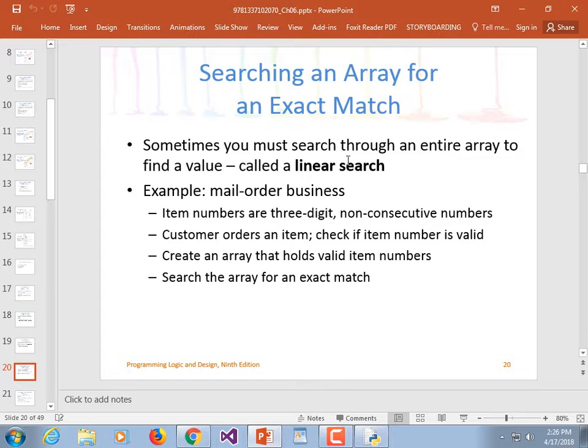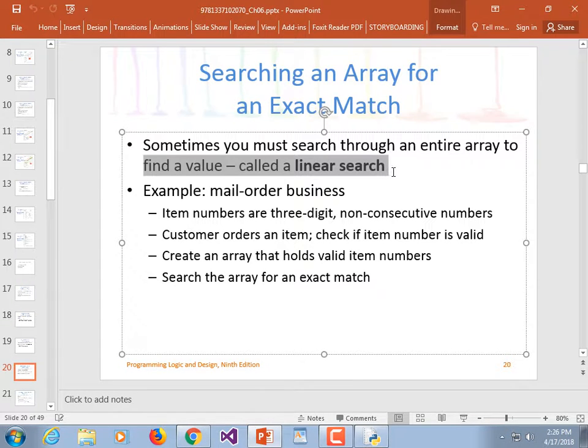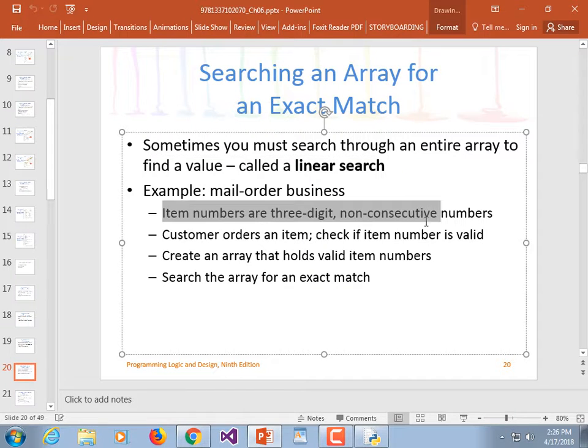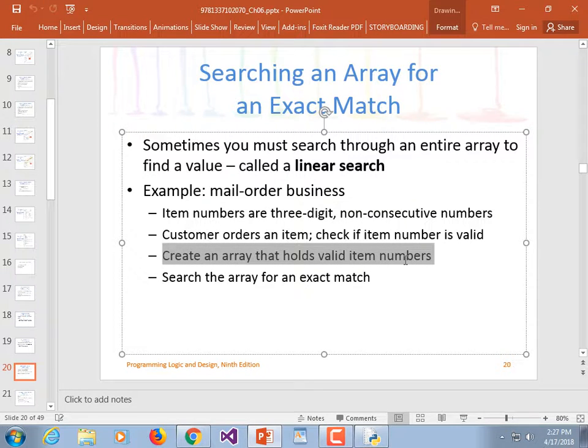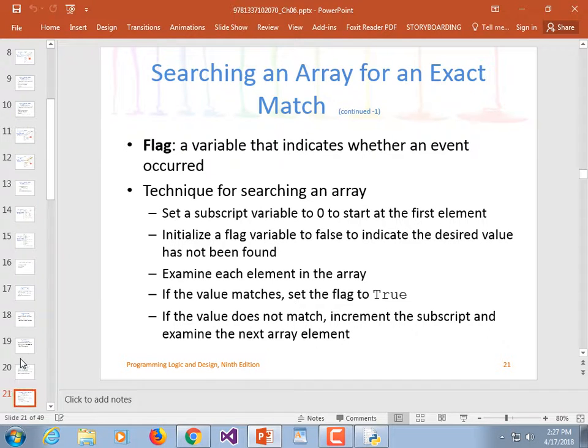Sometimes you need to search through the entire array to find a value. That's called a linear search. You start at the top and you go down to the bottom. For example, some mail order business where the item numbers are 3-digit non-consecutive numbers. The customer orders an item, so we need to check to see if the item number is valid. Create an array that holds valid item numbers and then search the array for an exact match. Yeah, I'm not liking where this is going. But